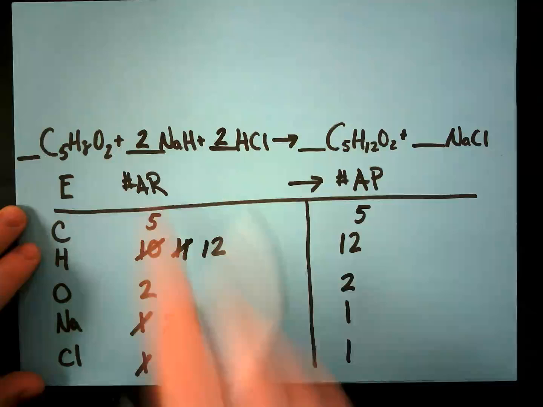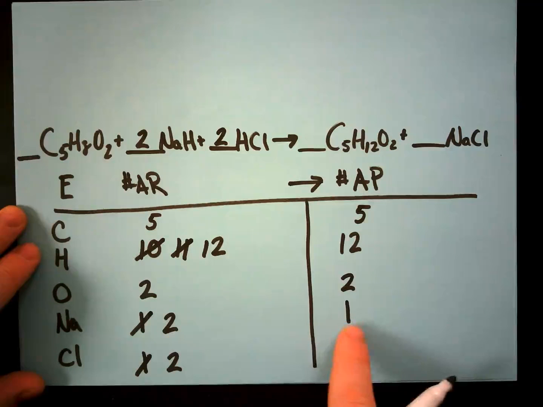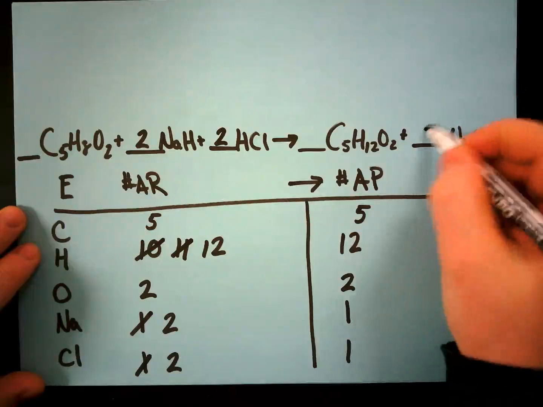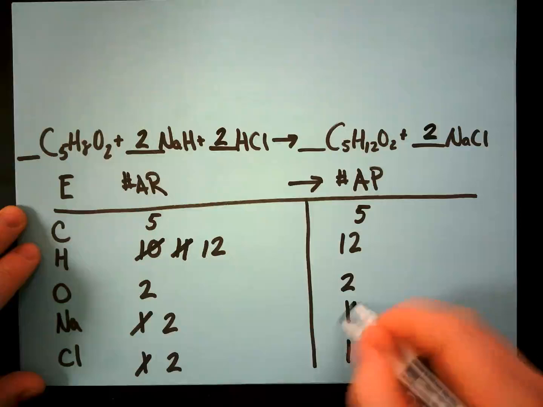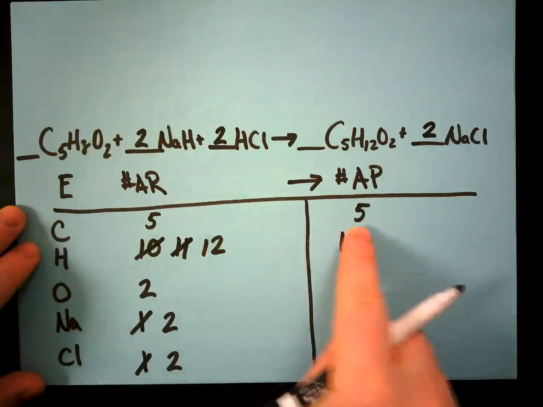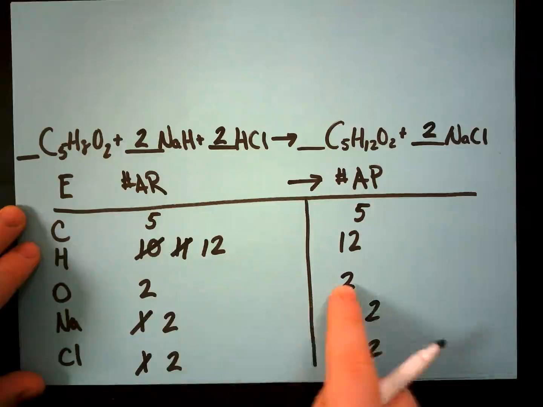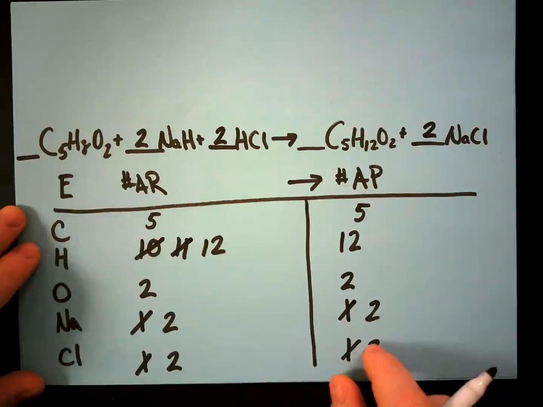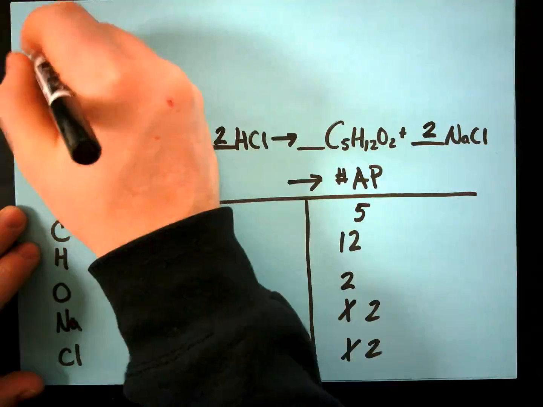Because seeing that I need 2 of sodium over here and I need 2 chlorine over here, I'm going to look on my product side and say, oh, they're right there. All I got to do is that. And then that changes that to 2, and then that changes that to 2. And then we double check: 5 to 5, 12 to 12, 2 to 2, 2 to 2, and 2 to 2. And I've got a balanced equation, and then I would rewrite it as